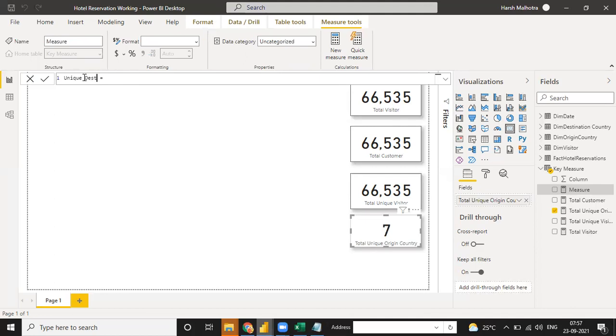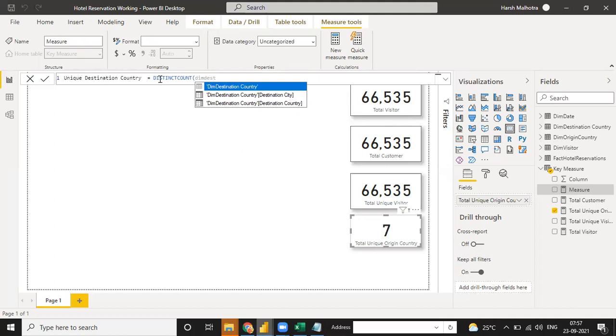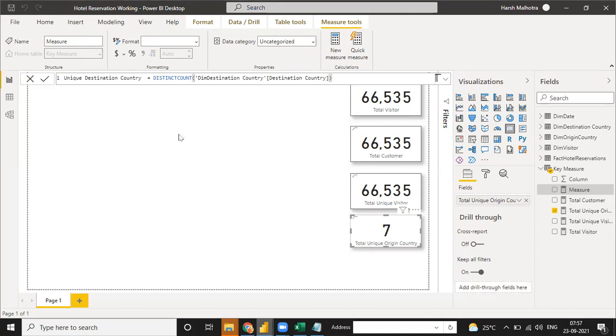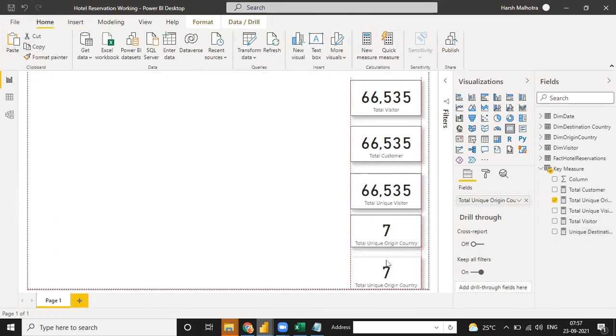Write it as unique destination country. You can put it as distinct count and write it as destination country. So dim destination and use destination country. So total destination country we have 720.